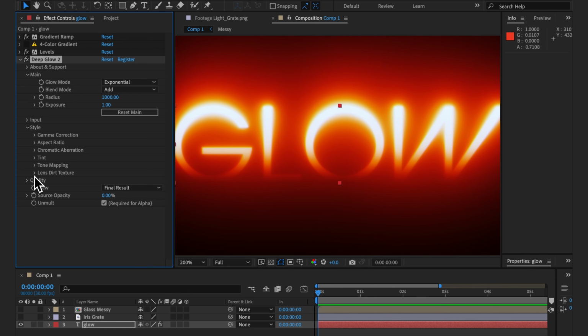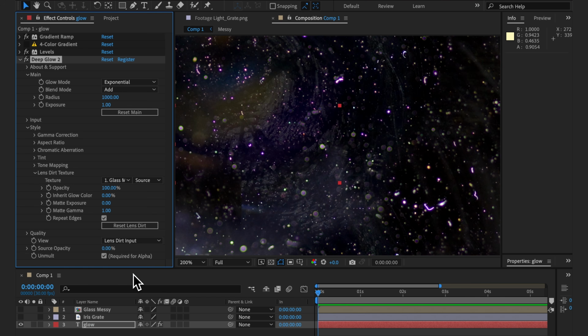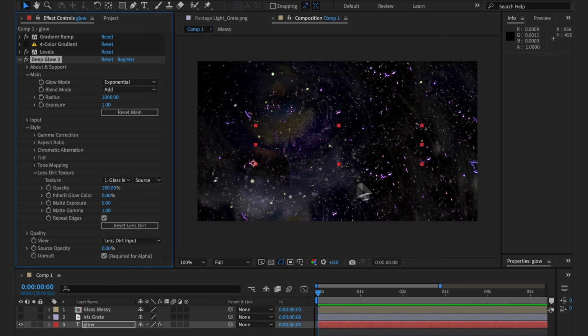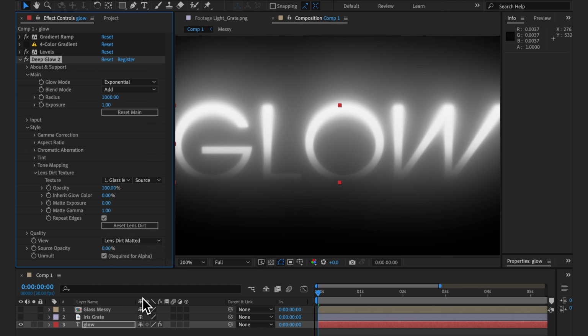Next up is lens dirt texture, which allows you to map a lens dirt layer to the brightest glow values. Let's change the view to lens dirt input, and you can see I'm using one of the classic Optical Flares glass textures, courtesy of Daddy Kramer. Change the view to the matte, and we can see the luminance of our glow, as well as the matted